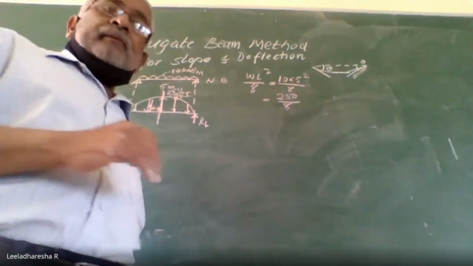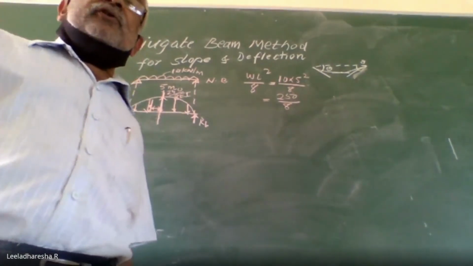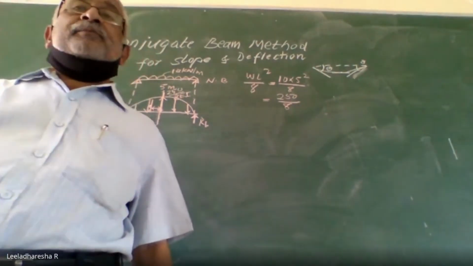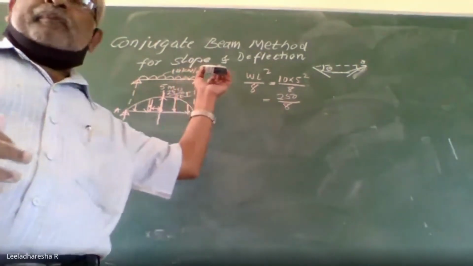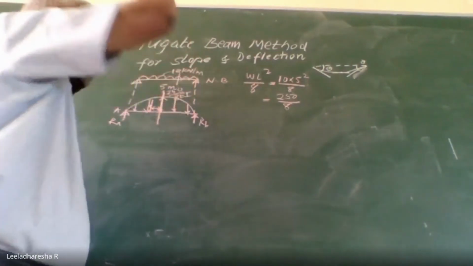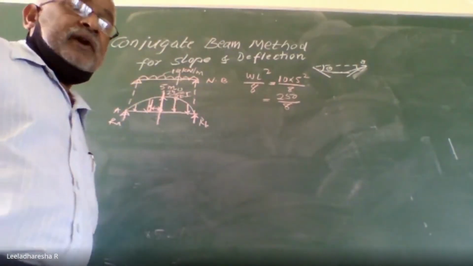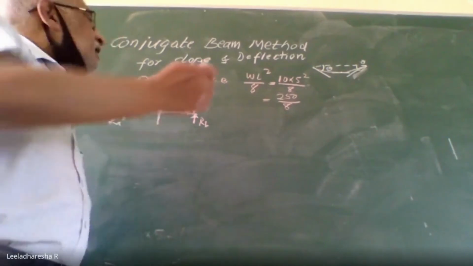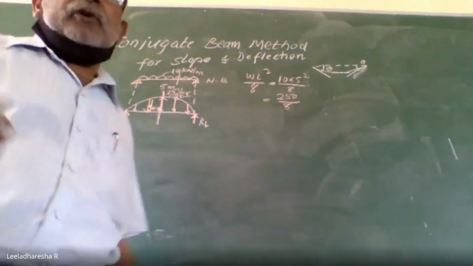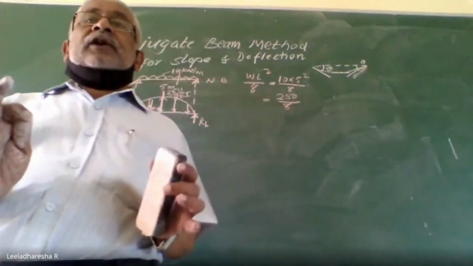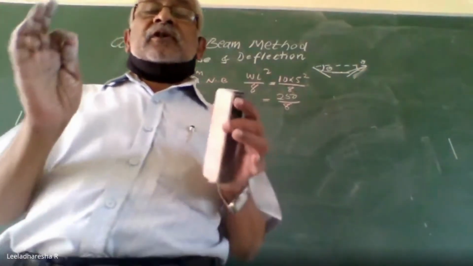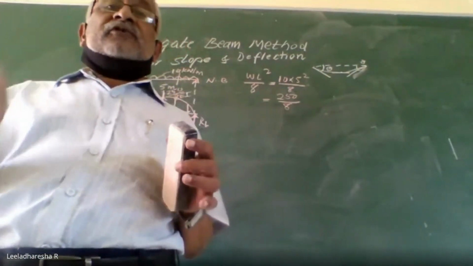So, what is the relation? Shear force at any particular section in the conjugate beam is equal to the slope at that particular section in the normal beam. And bending moment at any section in the conjugate beam is equal to the deflection at that particular section in the normal beam. So, these two things you must remember before we go into the problem analysis